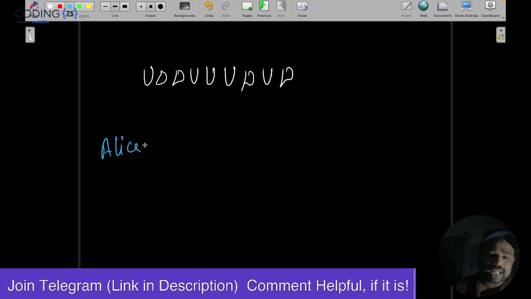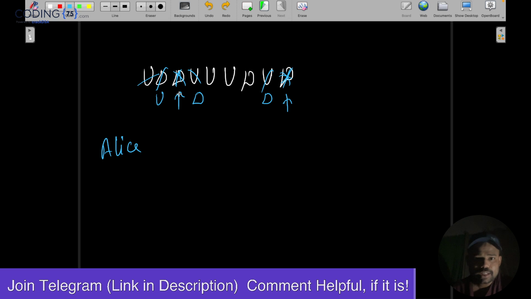So let's see what Alice will do. Let's say Alice will choose this coin. What will happen? This will be removed, and both its adjacent coins will be flipped. And this is also in cyclic order. Means if it will choose this coin, this will be removed, and both of its neighbors will be flipped. Now guys, observe one thing. There will be 4 different cases that will happen in this ordering, right?